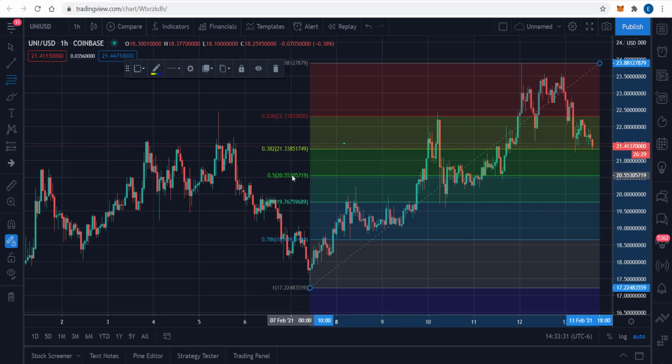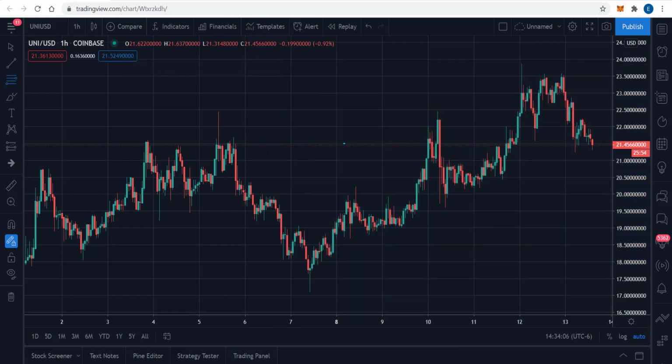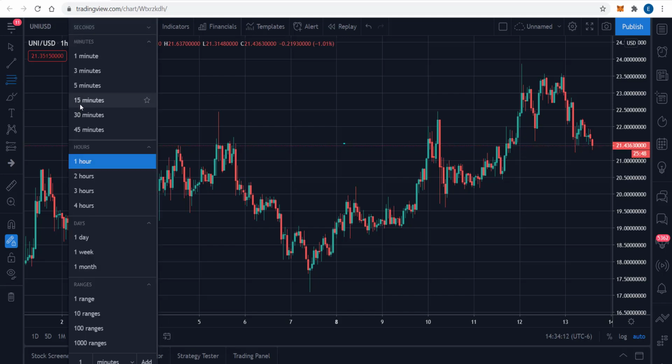Next up, we've got the 50% retracement, which is $20.55. And that's just a retracement of this last partial move that we've seen in February, starting on February the 7th and ending, we'll just call it February the 12th or so, before we saw this little pullback. So maybe we pull back and test this 50% retracement level before going higher, but it's hard not to imagine this thing going higher sometime soon. Let's kick it back. Let's go one more level.